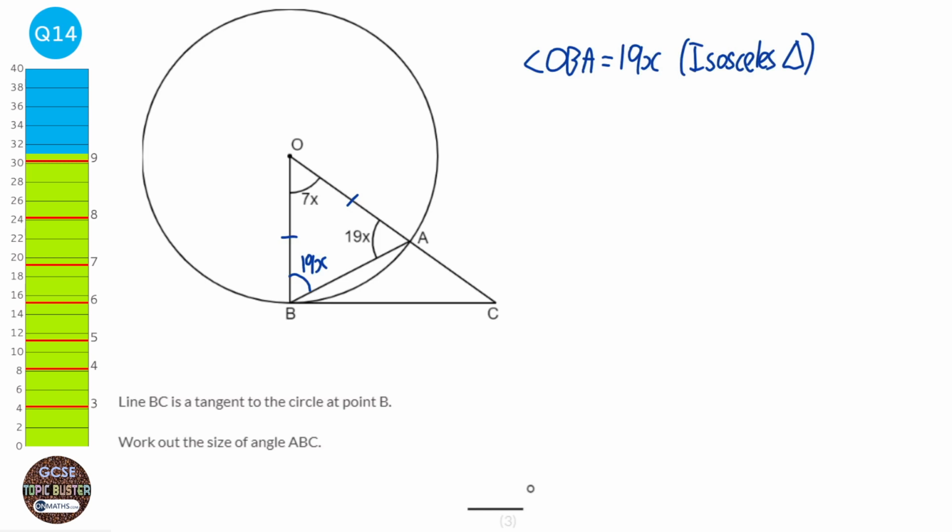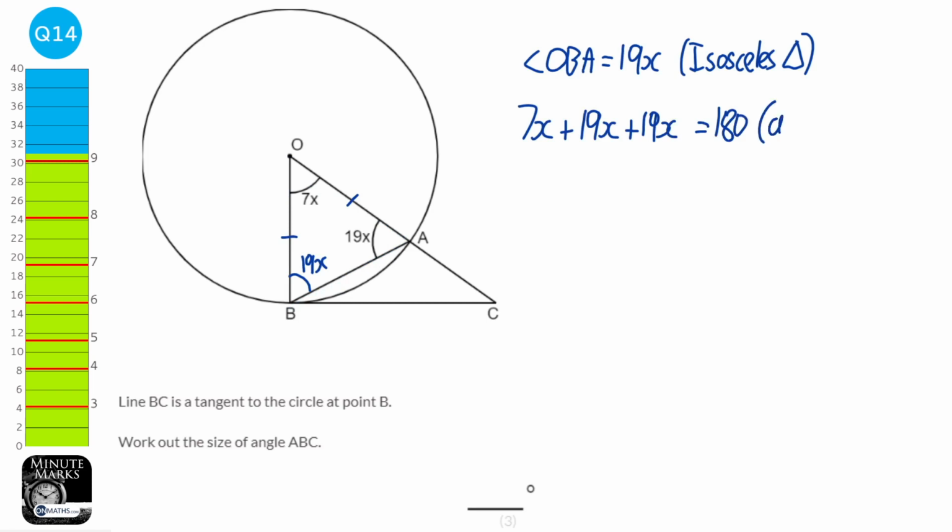Well, we also can work out x because, as I said before, we have a triangle here, and all angles in a triangle add up to 180. So we've got 7x plus 19x plus 19x equals 180 degrees. And this is angles in a triangle. Try and draw a better triangle, equal 180 degrees. Try and write out these reasons in full. Okay, so that's going to be, was it 45x